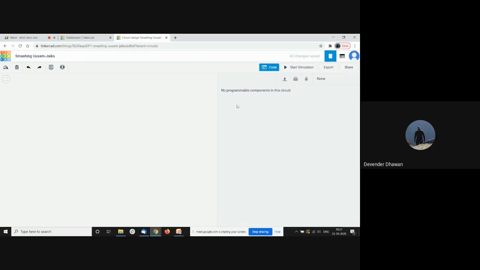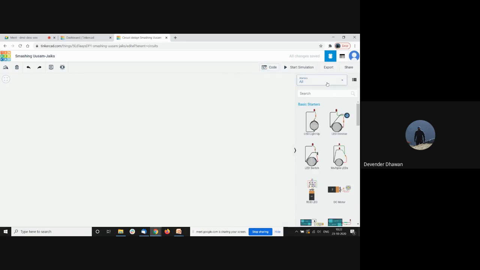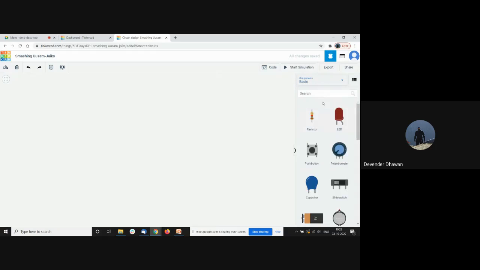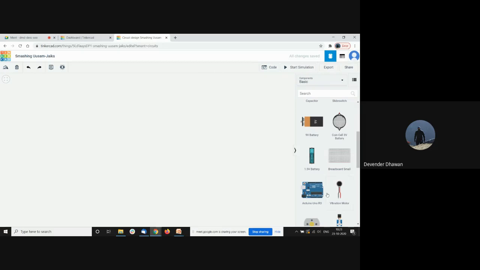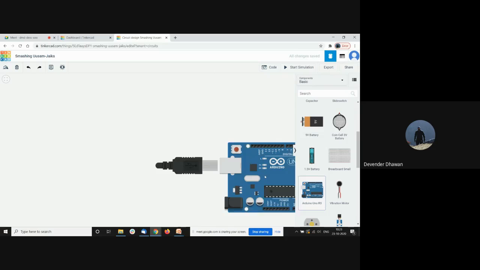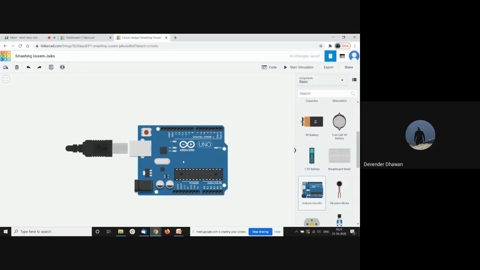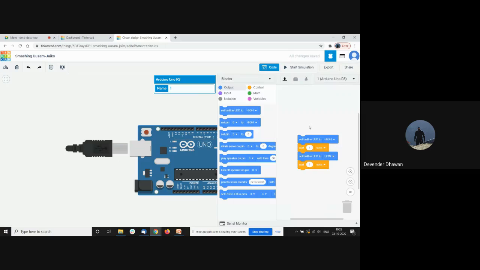code. Okay, so right now you can see no programmable component in the circuit. So that is why this particular part is disabled. So let us just put some programmable component into it. And let me take Arduino Uno, put it here. Okay, so if I open it now, you see now